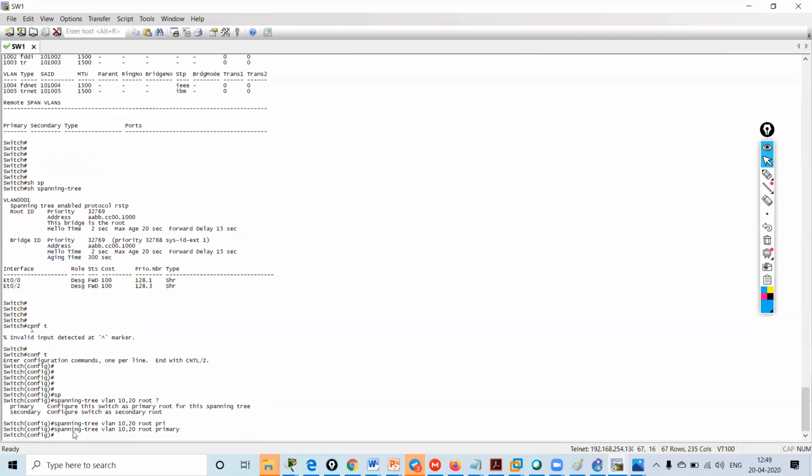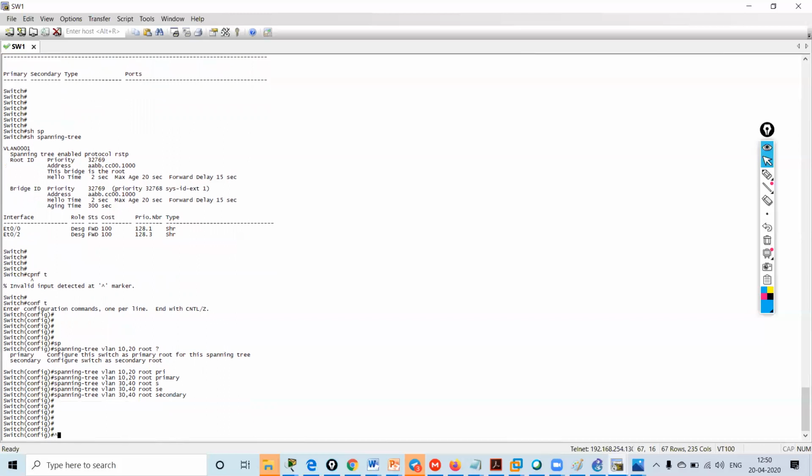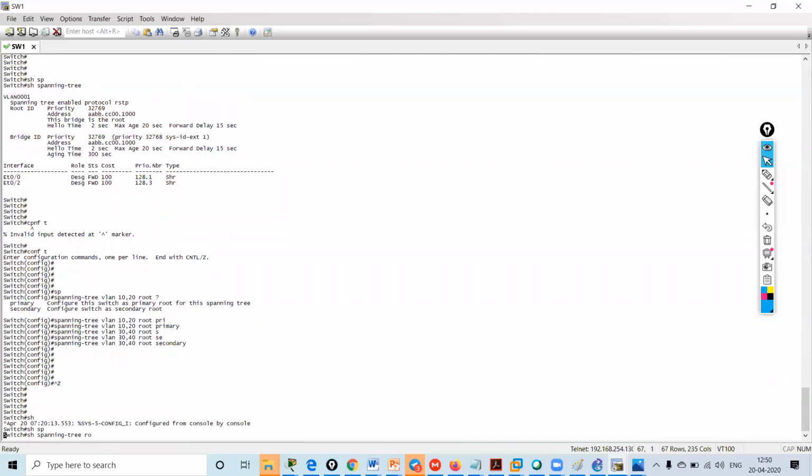For 30 and 40, this will be my secondary. Okay. Show spanning tree root.